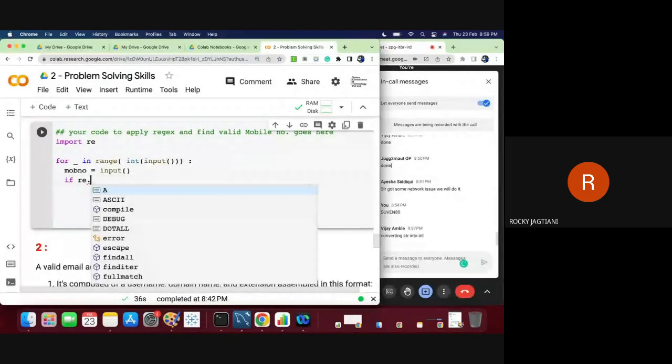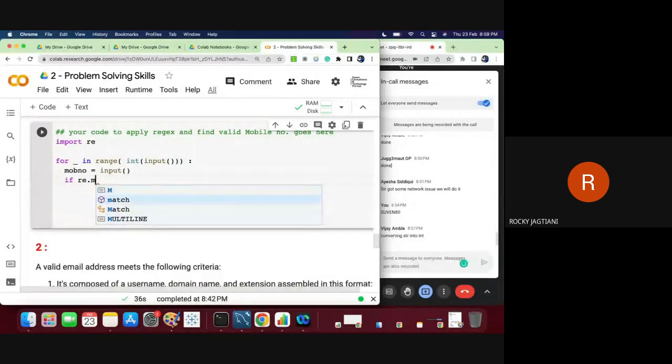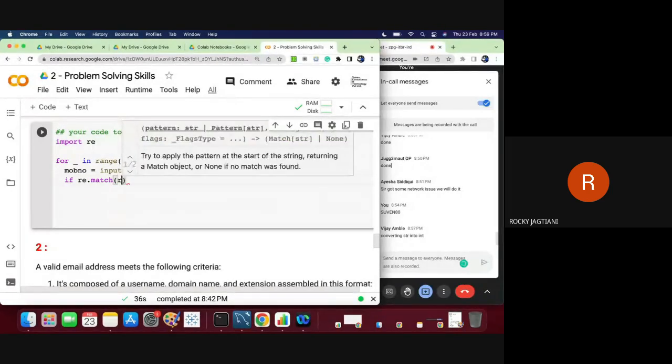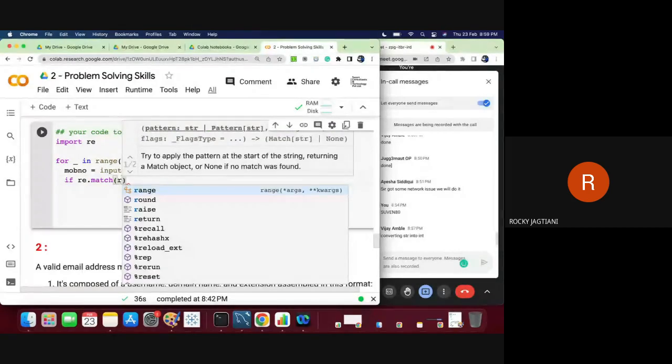RE means regex. Regex has a lot of functions. There is a function in regex called match. So I'm taking the match function. In the match function, we are supposed to give, I repeat, we are supposed to give a